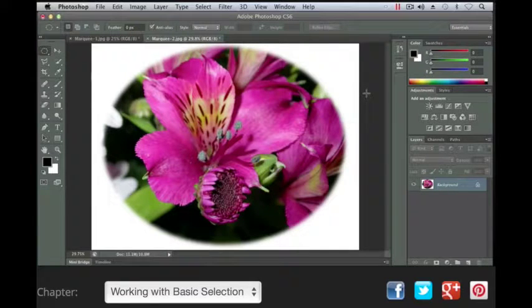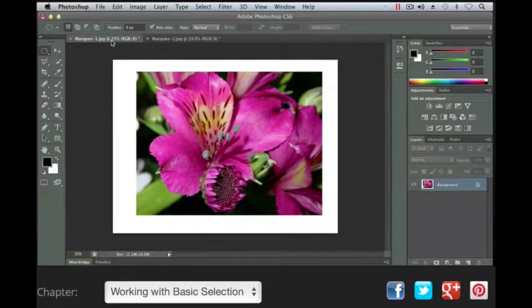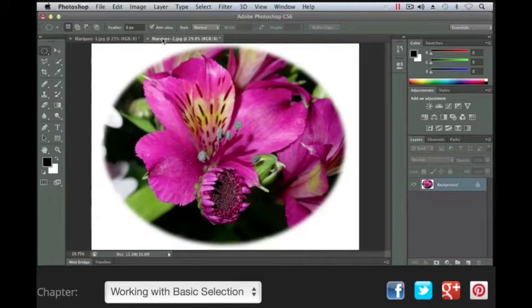So let's compare that to Marquee 1, where we used our rectangular marquee. You can see the straight edge, and on Marquee 2, we've got a